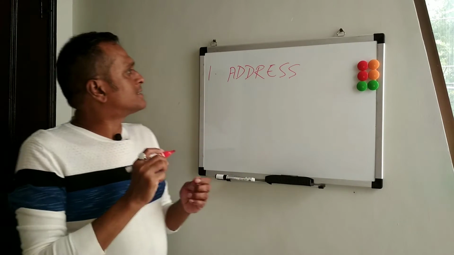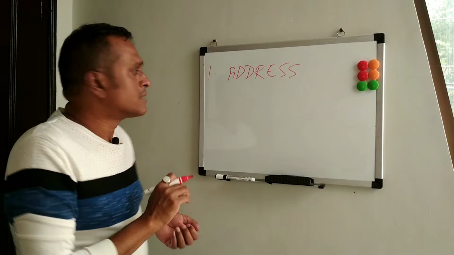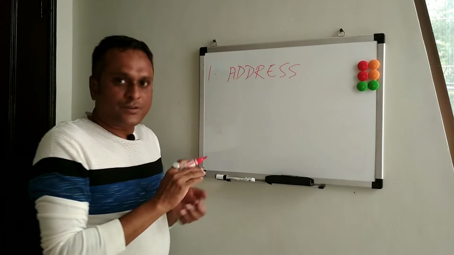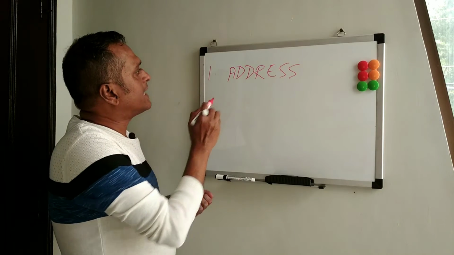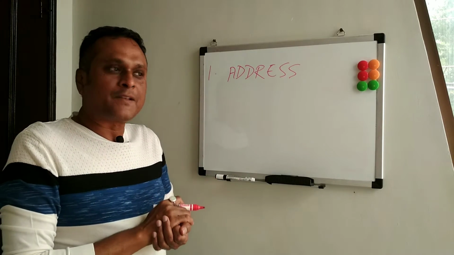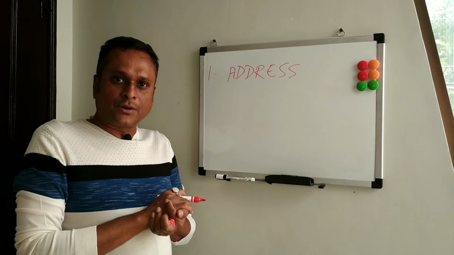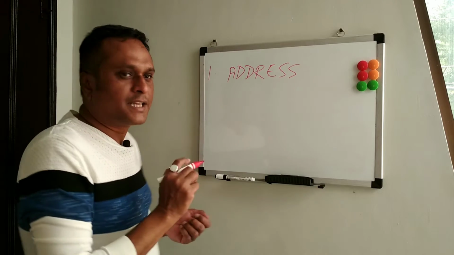In British pronunciation, it will be pronounced as address. Be it noun or verb, they pronounce it as address. So they'll say that we should write the right address on the notes, and when it's verb, they'll say the Prime Minister is going to address the nation in the evening.